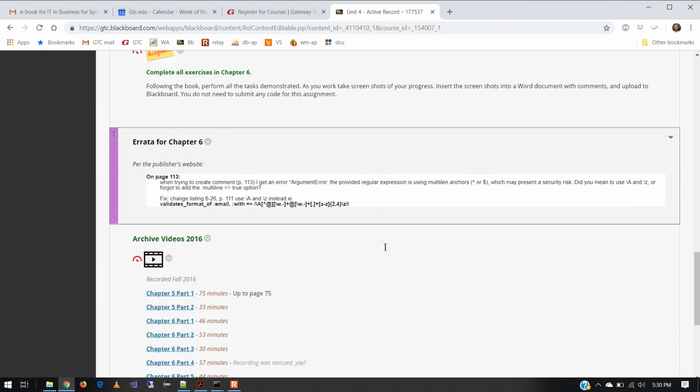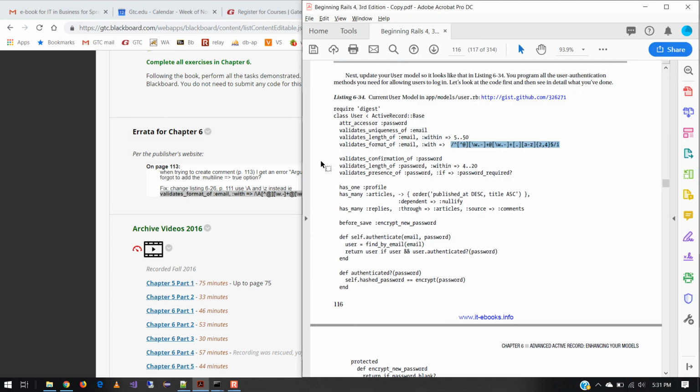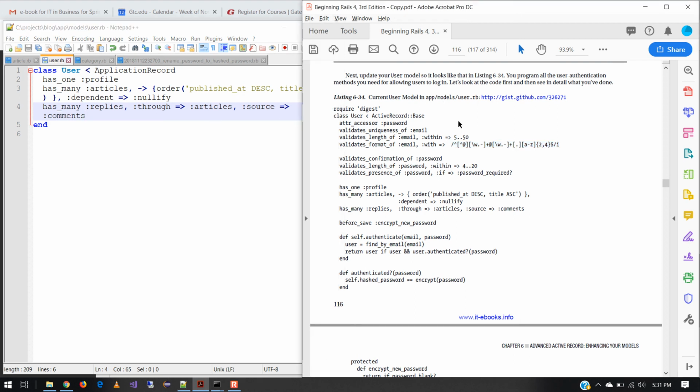And let's go ahead and add that code in. All right, so the first thing that we're going to see here is the following. So there's a lot of code that needs to be updated in this particular file. So you can see that we have the has_one profile, has_many articles, has_many replies. All that stuff's already in there. But we have quite a bit of additional stuff to add. So let's do that. The first thing that you're going to see that's kind of new here